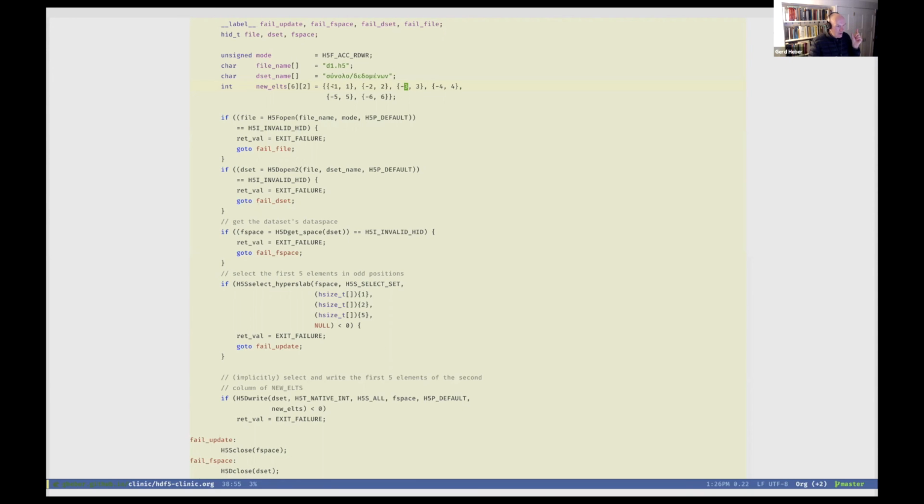It will not select the first 5 elements here, -1, 1, -2, -3. No, as we said here, we have a start of 1, so we are going to skip the -1. We are going to select the next one, skip the next one, select the next one, skip this one, select this one, and so forth. You get the idea.